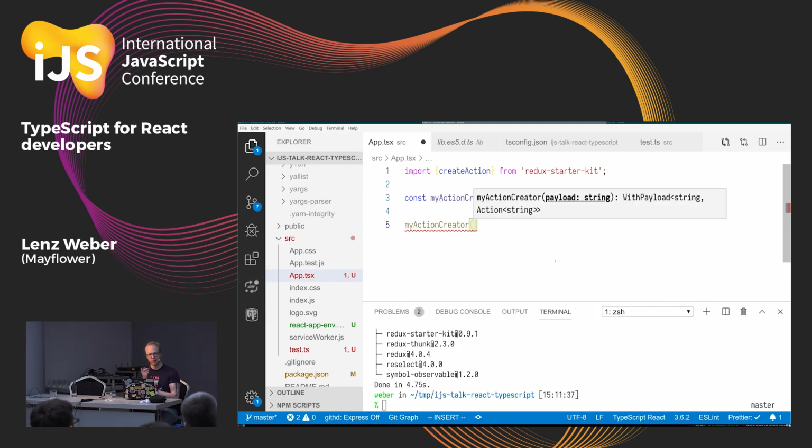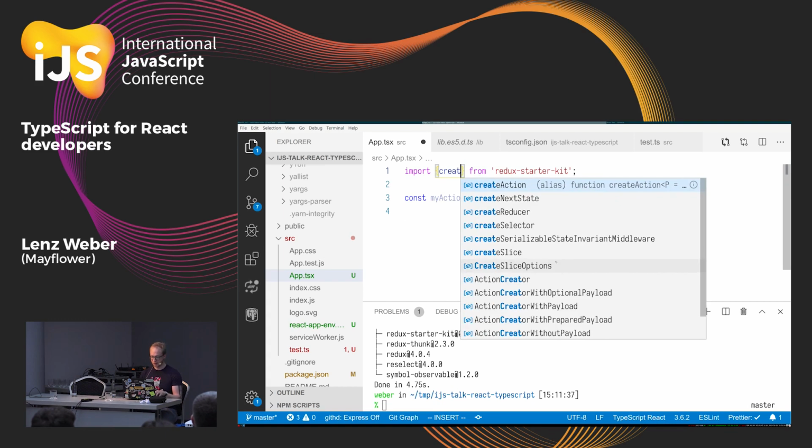It tells me as payload I can only use strings. If I try something else, it will fail, and it will return an action with a payload of type string and the action already has everything completely typed. So this is quite neat, but it's not the main feature, and it's a feature in the end you won't really have to use, because the main feature of Redux Starter Kit in my eyes is the createSlice